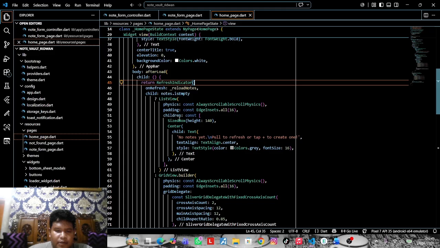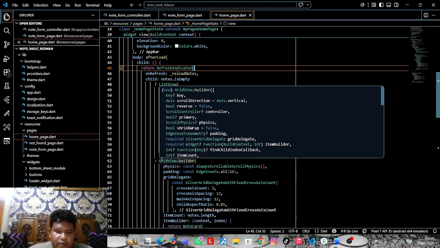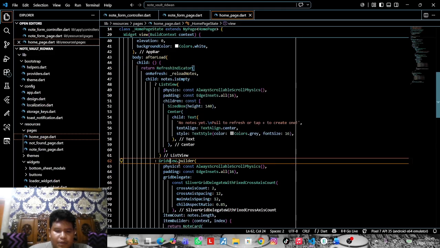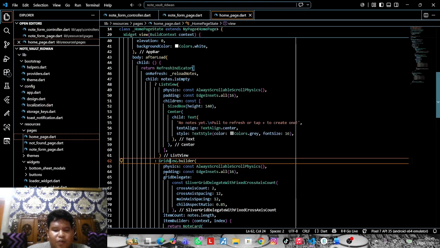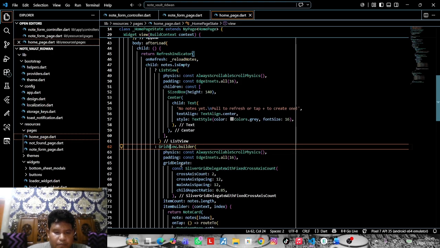And then the grid view builder. So if node exists, grid view builder will create a node card for each node in the list.